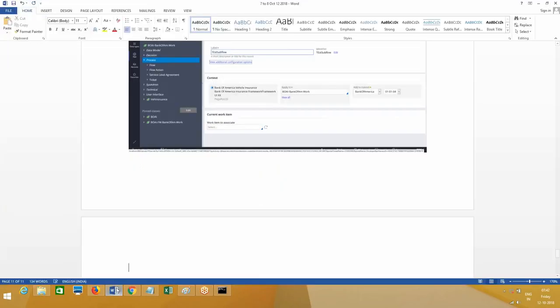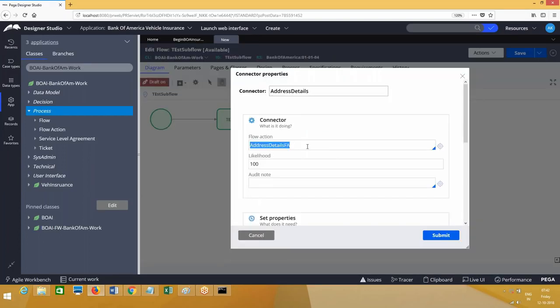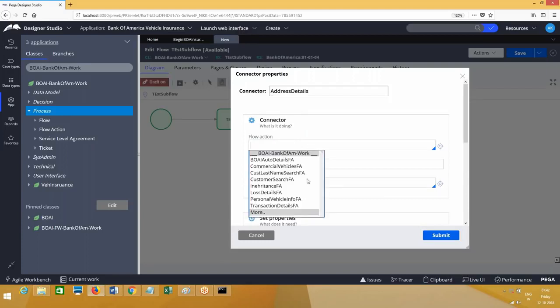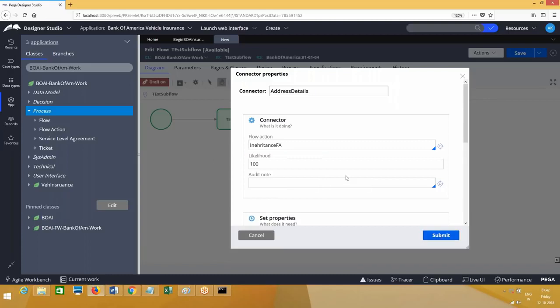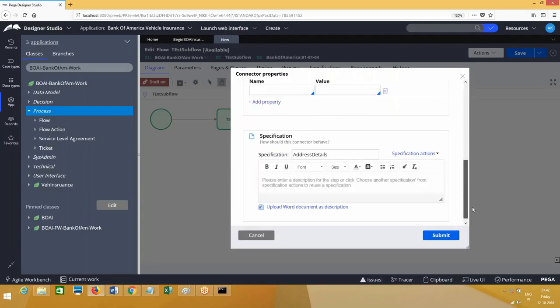Now we have an assignment called address details. We will change it to something else. We have an assignment called inheritance. On this inheritance assignment, I am calling a ticket.